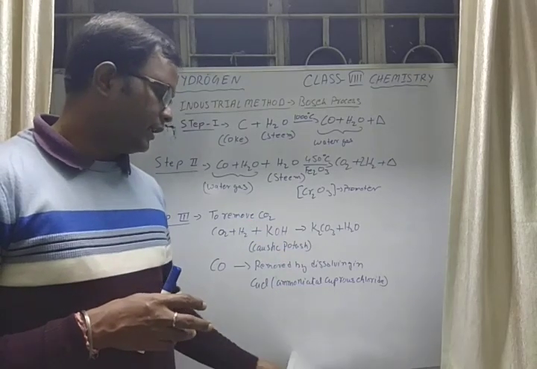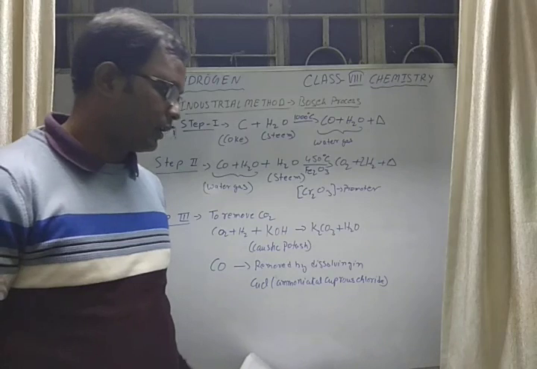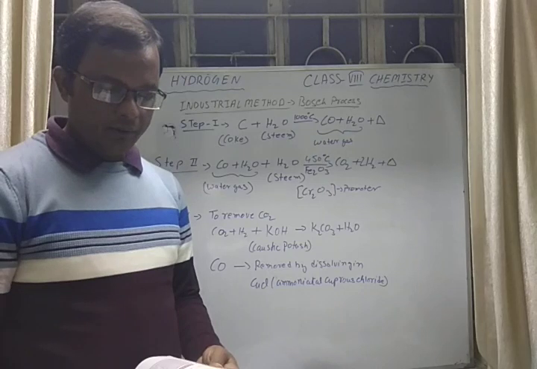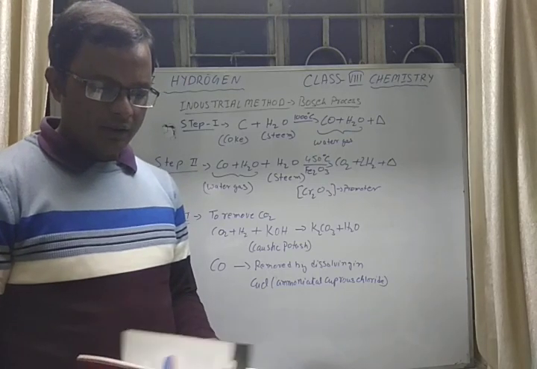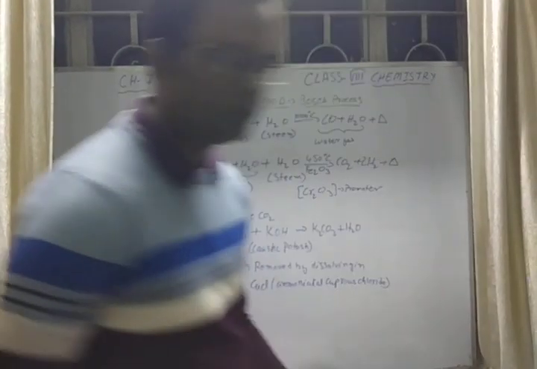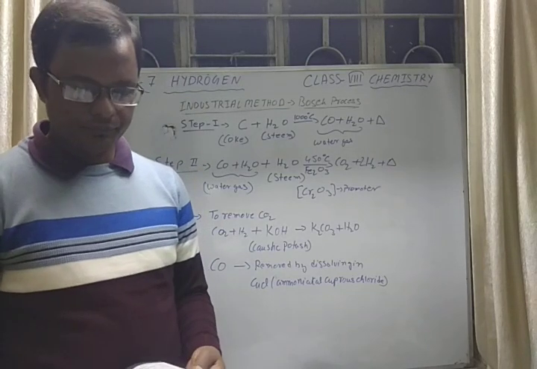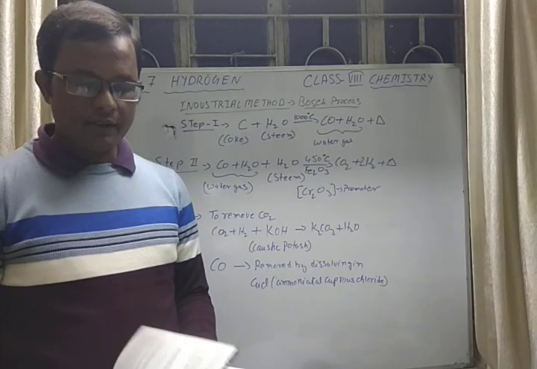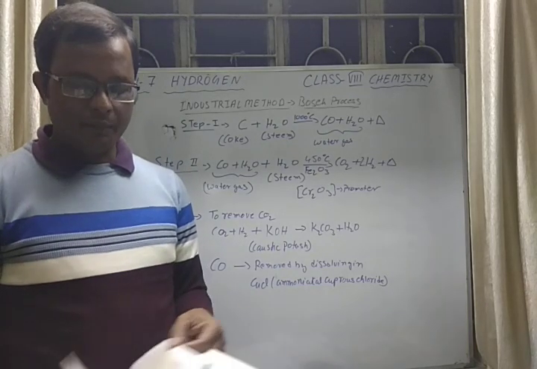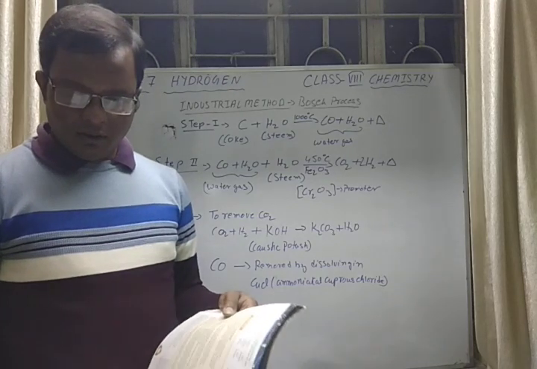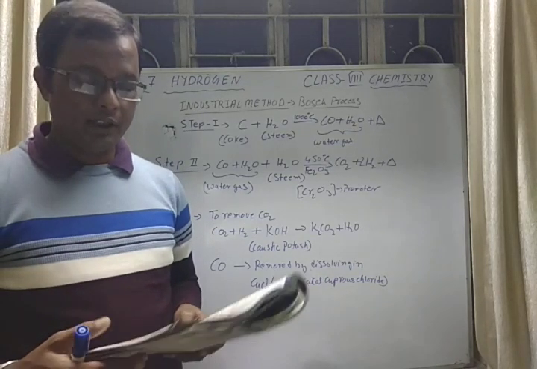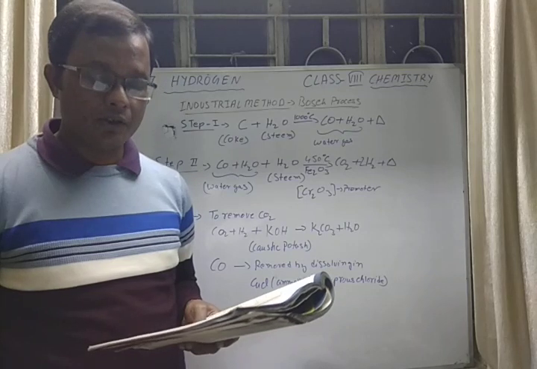Then the next is the physical property of hydrogen, very important. In the physical properties of hydrogen, there are a few very easy points that we can discuss over here also. So it is odorless, colorless, tasteless. These are the very common physical properties of hydrogen. It is non-poisonous also. It is insoluble in water. That's why it is collected by downward displacement of water. We have seen this in the laboratory preparation of hydrogen.